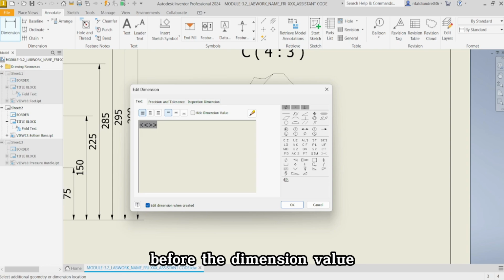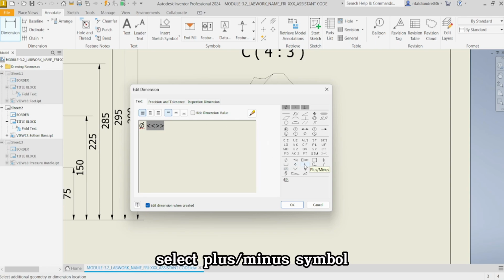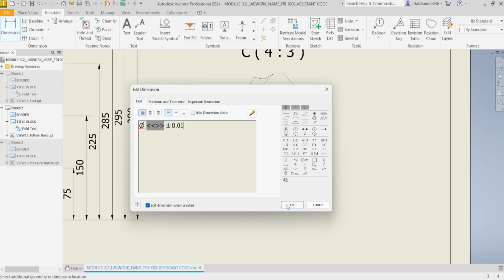Before the value, add the diameter symbol, space, and after the value, click the plus or minus and add 0.01. After that, click OK.